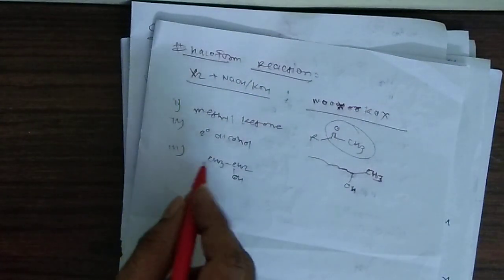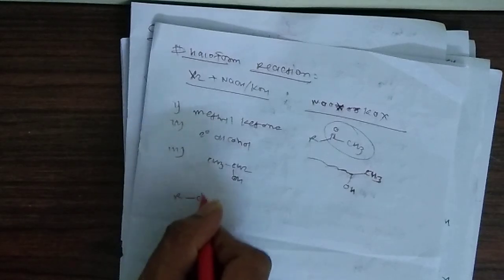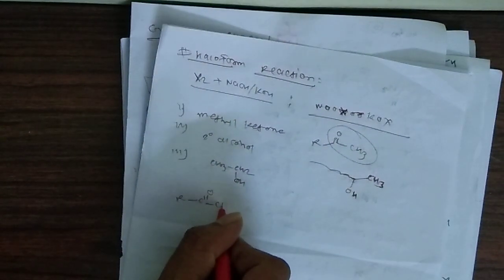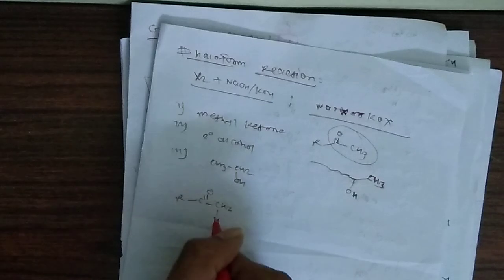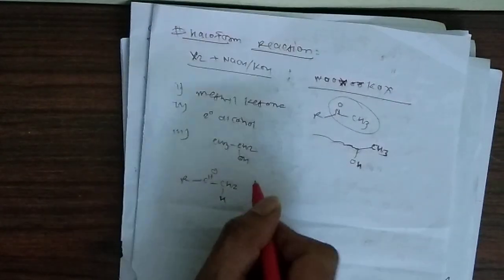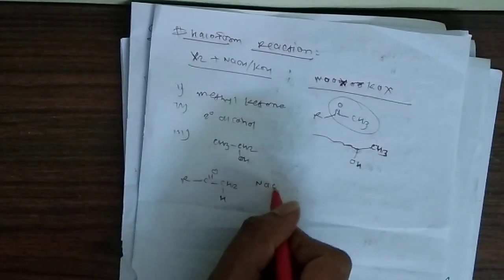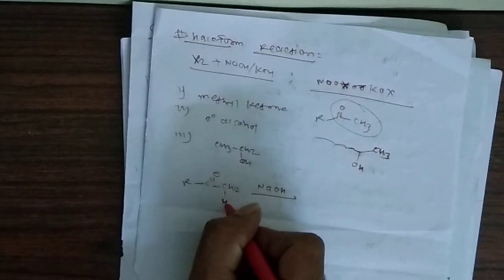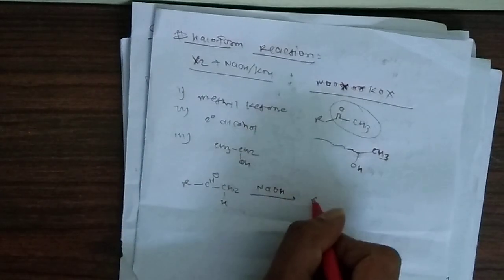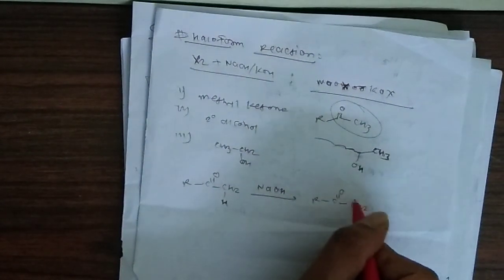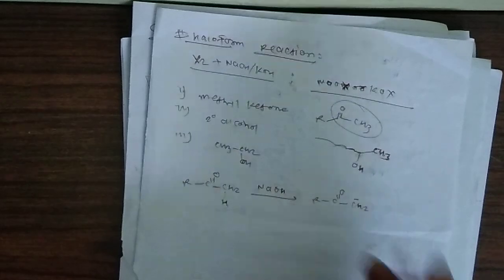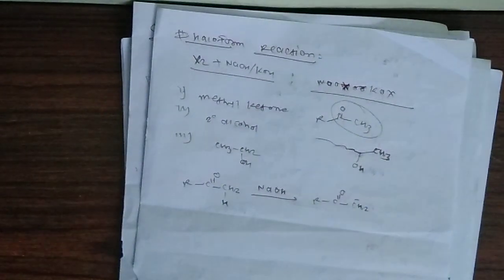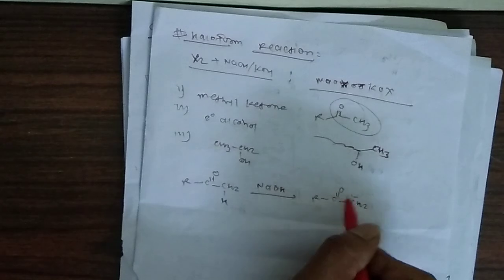Now coming to the mechanism of that reaction, how the mechanism will go on. Let's take any ketone which has a CH3 group, written as CH2H because it is easy for us to draw the mechanism. If I use a base, we all know that this is the acidic proton, so this base will take that proton. What will form? C double bond O, CH2 minus, and this negative charge is stabilized by this carbonyl carbon.